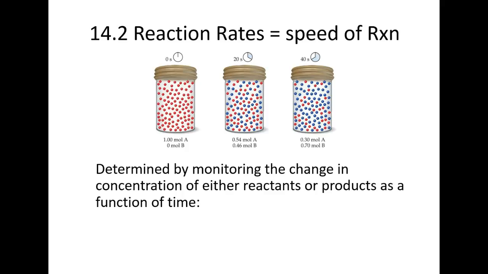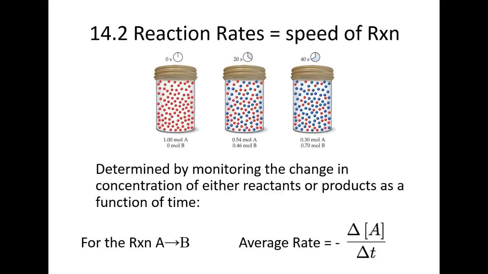So you can view it either from the appearance of a product or the disappearance of a reactant. Now, to determine for this reaction, the red to blue spheres, we'll just call this reaction A to B. We can figure out the average rate as the change in concentration of A with respect to time, or change in concentration of A over change in time. And these square brackets